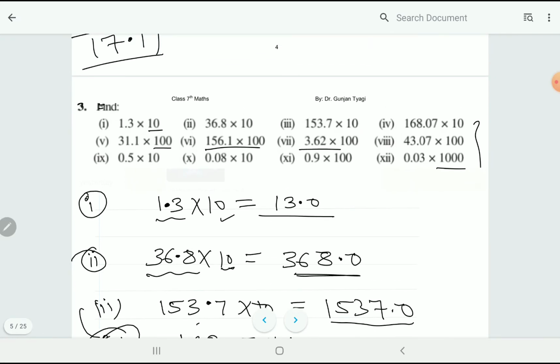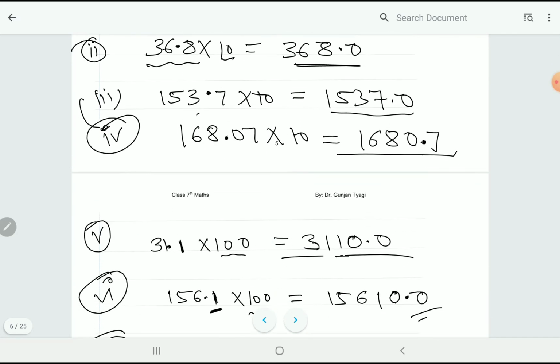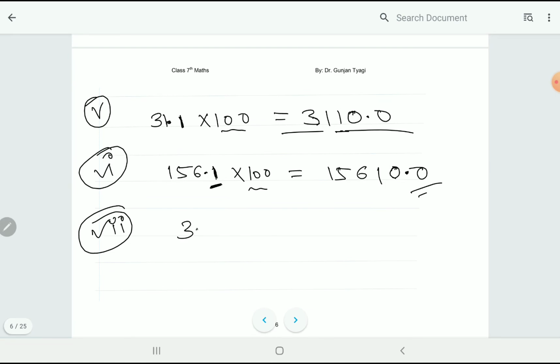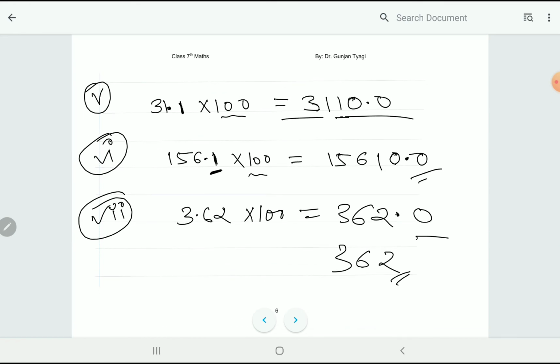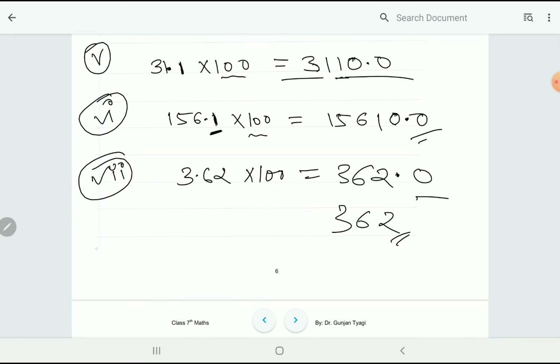In the next part, 3.62 multiply 100. अगेन डेसिमल 2 places शिफ्ट होगी, या तो इसको आप ऐसे लिख सकते हैं 2 places शिफ्ट करने के बाद, और आप इसको 362 भी लिख सकते हैं. मीन्स आप डेसिमल को रिमूव भी कर सकते हैं, बिकॉज डेसिमल के बाद तो कोई नंबर नहीं है, देयर इज़ जस्ट 0, सो यू कैन राइट इट एज 362, which is easy for you.